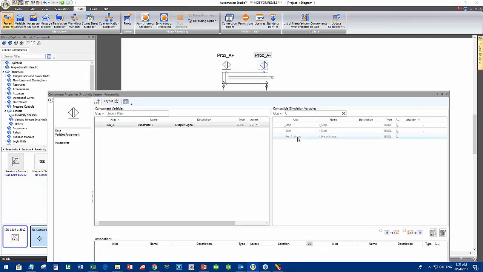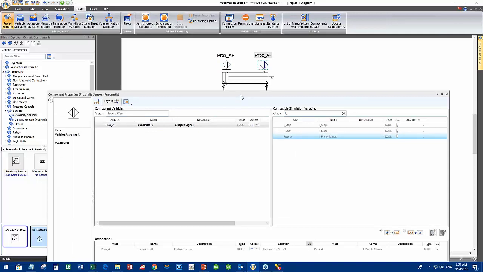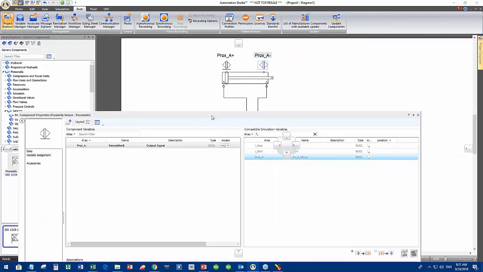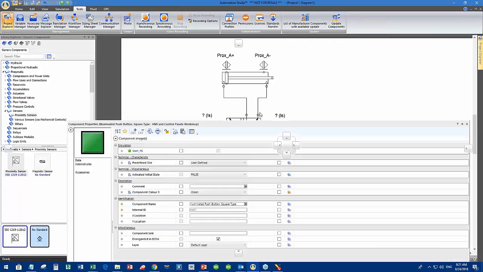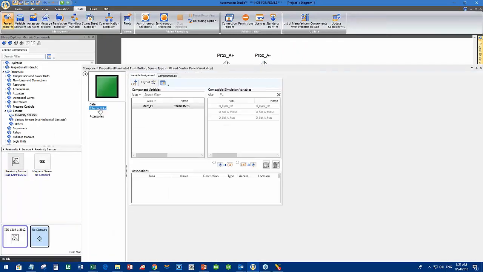Now the A minus is going to be A minus. Now I still have my start and stop, so I'm going to take my start button, turn a link, I'm going to take here I, so this is my start,